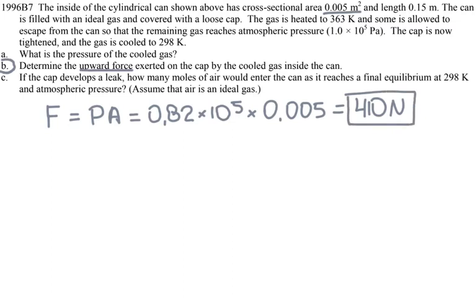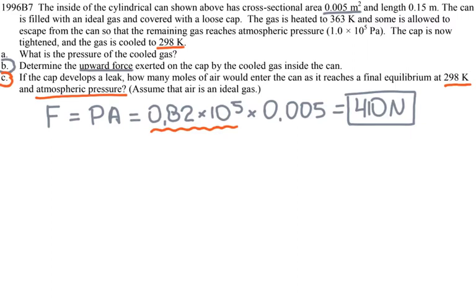For C, if the cap develops a leak, how many moles of air would enter the can as it reaches the final equilibrium at 298 Kelvin and atmospheric pressure? Okay, so we know the temperature, and the temperature did not change. The pressure will change because some of the molecules will enter the lower pressure, the current lower pressure. So this was the pressure after the temperature cooled down, right? Since volume and temperature are constant, we can use